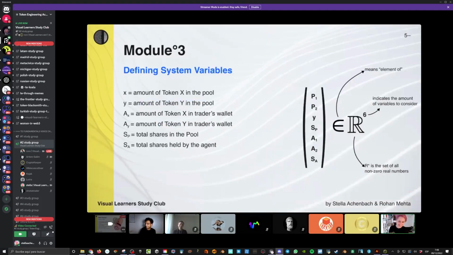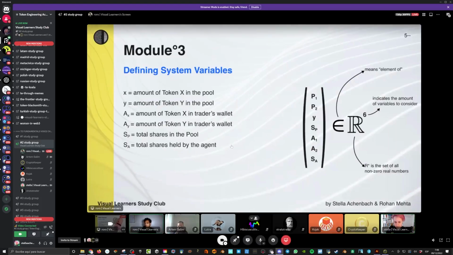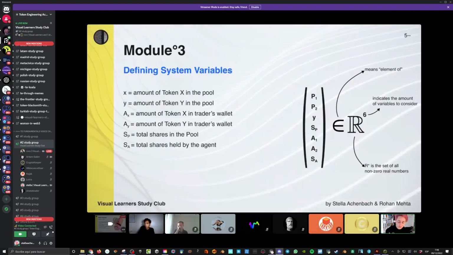Let's move on, because now it becomes really exciting. This is something I really didn't understand. I was like, wait, 6-dimensional math? What the hell? I only knew about 3 dimensions and maybe a 4th one. And then I understood further what this actually means. But I guess I give it over to Rohan to fully explain. And welcome to the middle of Module 3.